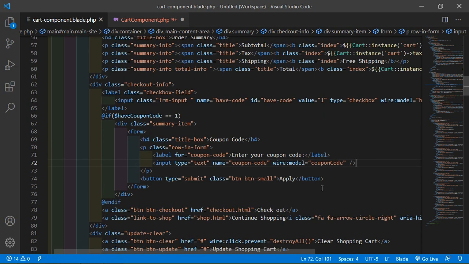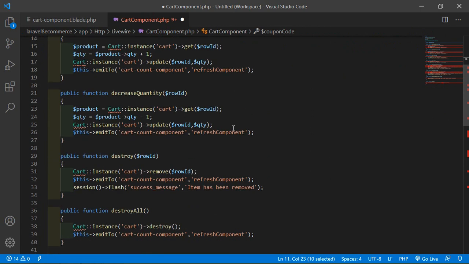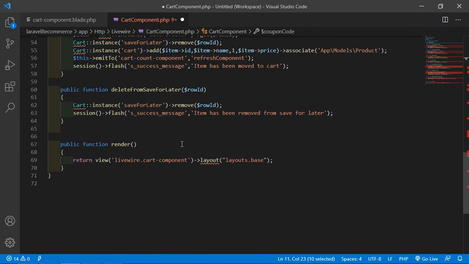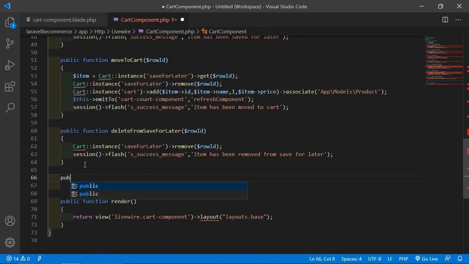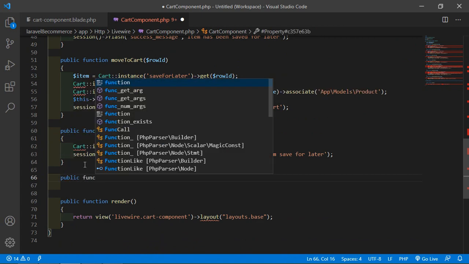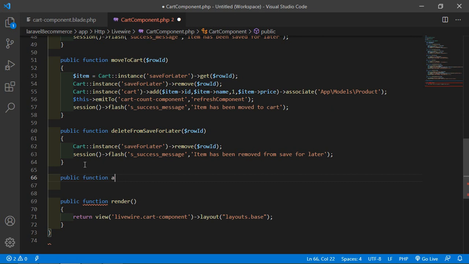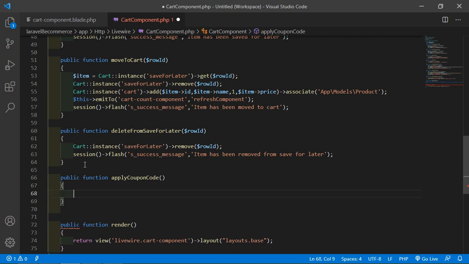Now let's create a function for applying the coupon code. Go to the class file, and before the render method, create a public function named applyCouponCode.